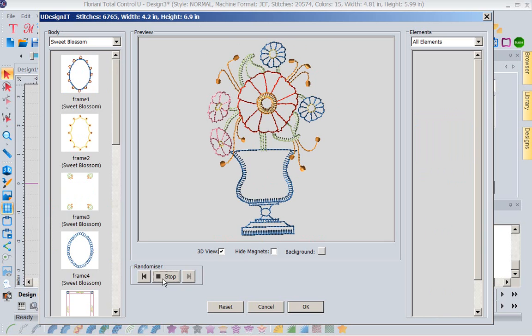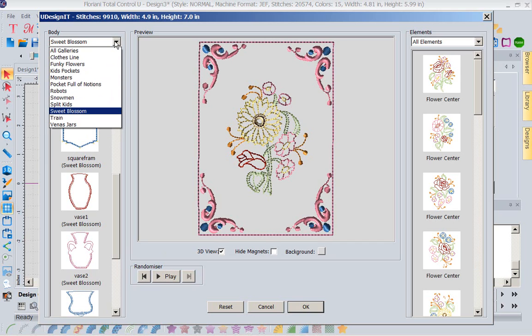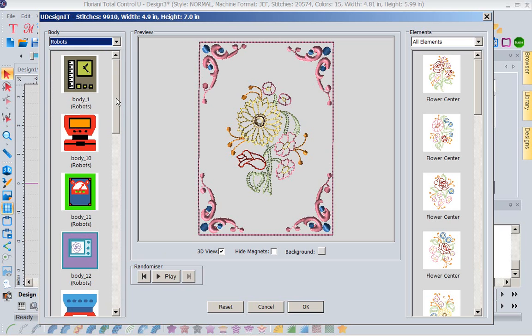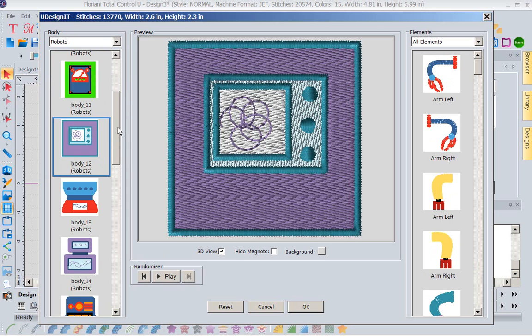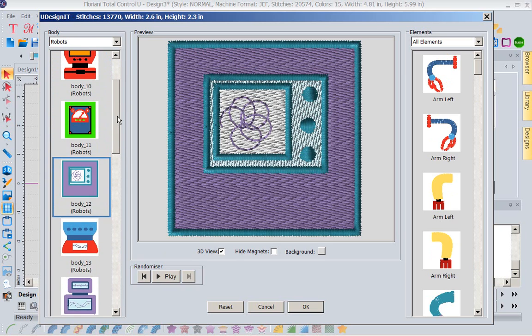You design it. We've got lots of cards for you, and we've got lots more coming out. What kids don't like robots? We have our robots here, and the kids just love them. It's another thing my grandkids love, are playing with these robots. So we've got the robots where you get to pick the heads, the arms,